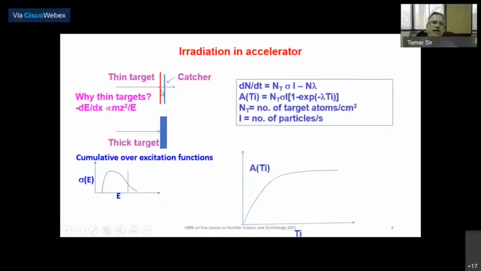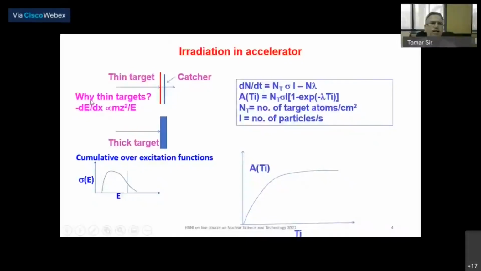So these targets, they are not thick enough to stop the products. So usually to stop the products, you require a catcher foil, can be aluminum foil or so. So this is a projectile, target and catcher combination. And if you are generating excitation function, you can have a series of them, target catcher combinations. If you want to produce them, then one set will do. At a particular energy, you can produce isotopes.